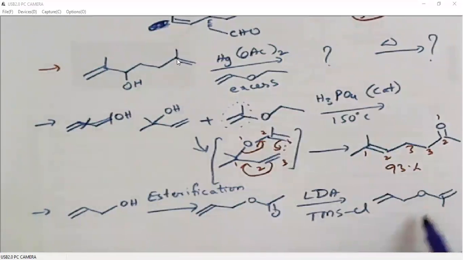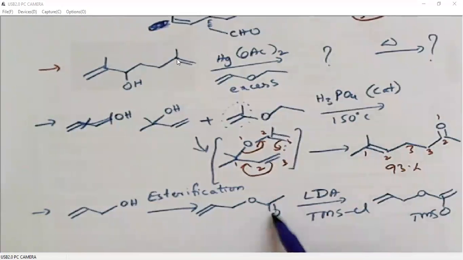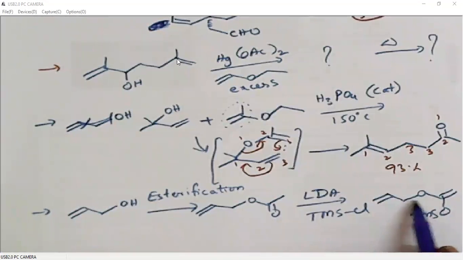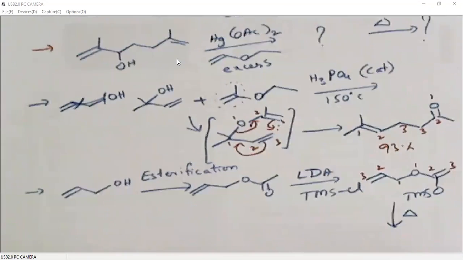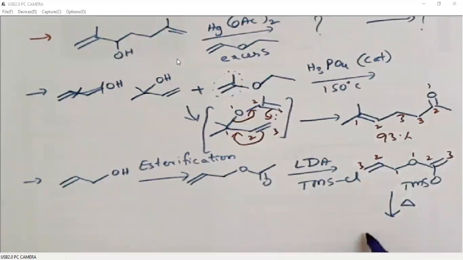So what is the product here? The product here is this fellow. So this enolate ion is trapped here. Now you look at the substrate. This is a very good substrate for Claisen rearrangement. So when it is heated, it undergoes Claisen rearrangement. I'll give the numbering 1, 2, 3, 1, 2, 3. So there will be a bond formation between the 3, 3 carbons. There will be a bond breaking between the 1, 1 carbon. So what is the product here? The product here is